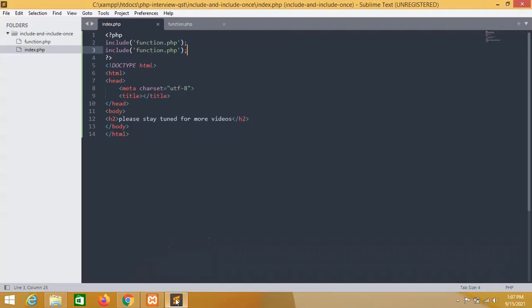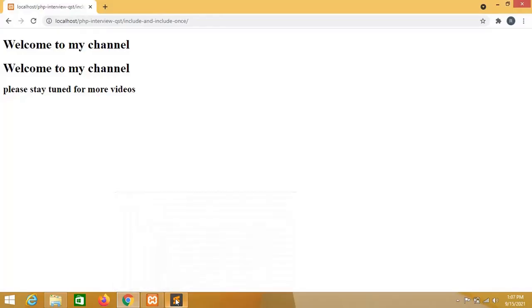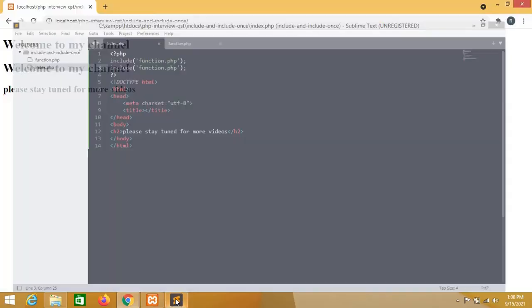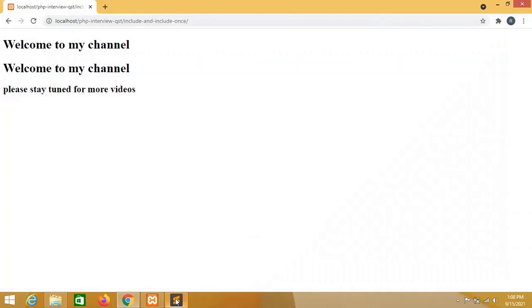See, when we have included the function.php page in index.php twice, the output of function.php is printed 2 times. That means the function.php page is included in index.php 2 times.